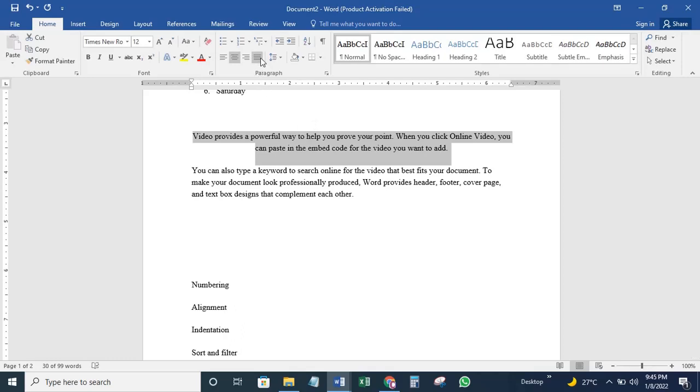Now the next thing is the justified. If I hit justify, notice that it presents the text as if it was left alignment. This is because we don't have a lot of lines, like a lot of paragraphs. Now let's take a look at this one where we have